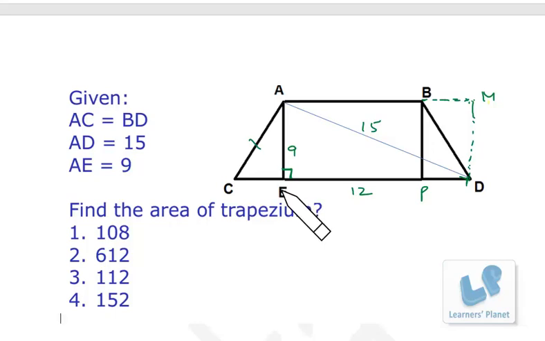Okay, now as we have already discussed, in this case it's now very simple, because ED, the complete length, is 12 and the width is 9. So 12 into 9, that will be the area of this rectangle. So that's 108. Okay, so what we have done, since we know that area of triangle AEC will be equal to area of triangle BPD, and since BD is equal to AC, we can join this piece over here to make this rectangle a complete figure. Okay, so this is how this problem can be solved easily. I hope that's clear.